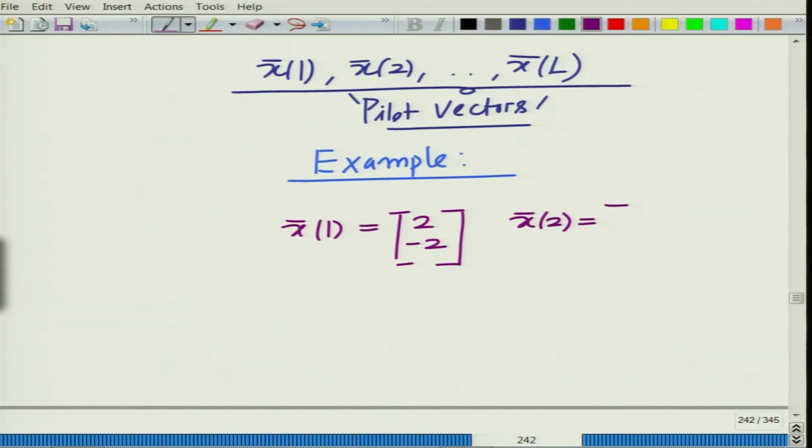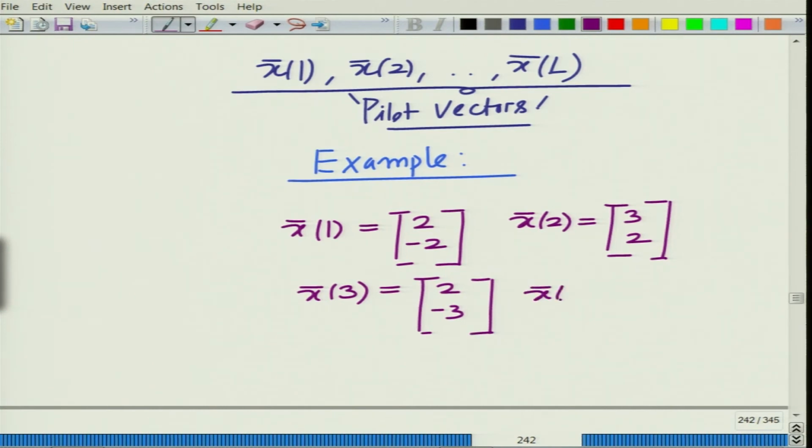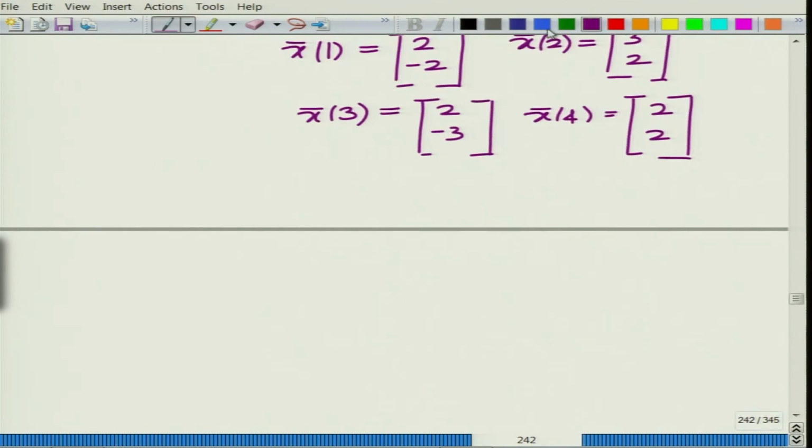The pilot vector at time instant 2 is 3 2, the pilot vector at time instant 3 is 2 minus 3, and the pilot vector at time instant 4 is 2 2, and the observation vector y bar,